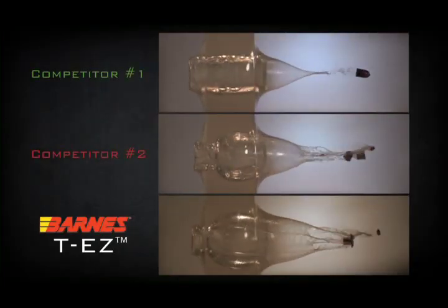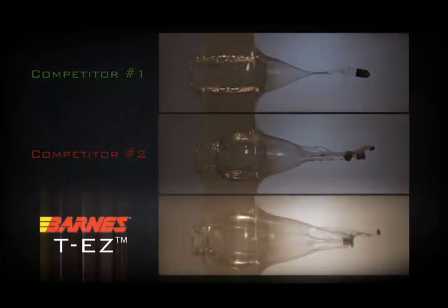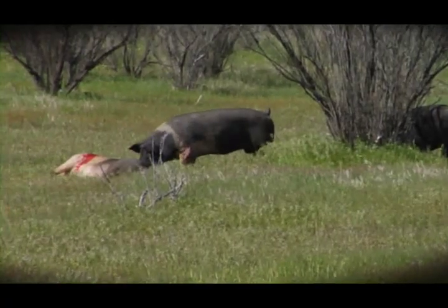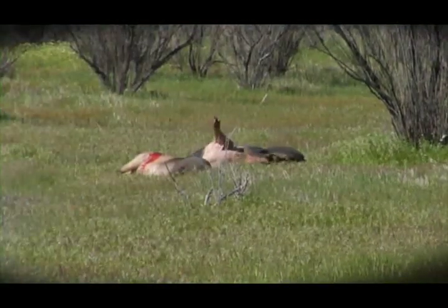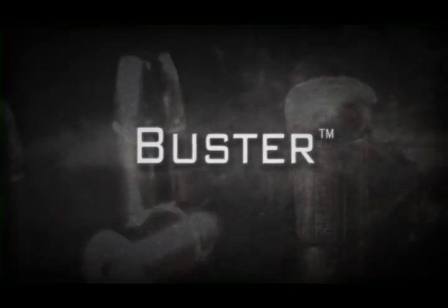Whether a Barnes bullet has a lead core or not depends on the desired terminal performance. So we went back to our roots with the Buster bullet, the heavy .4 caliber, deep penetrating lead cored bullet. The Buster gives our customers exactly what they ask for, freight train power in a neat little package. Created with boar, bear, and buffalo in mind, the Buster is a heavy .4 caliber, deep penetrating handgun and lever